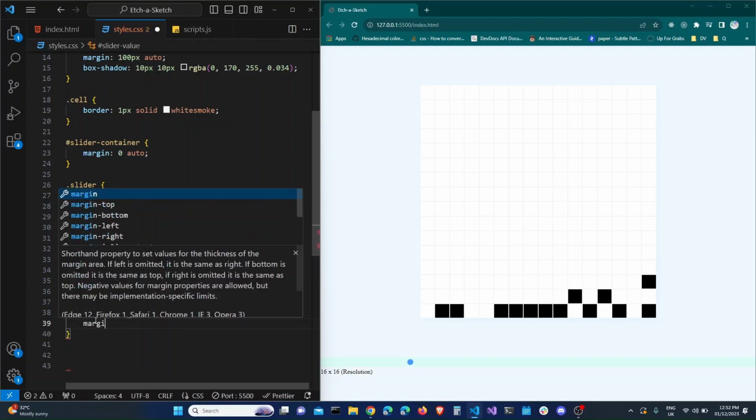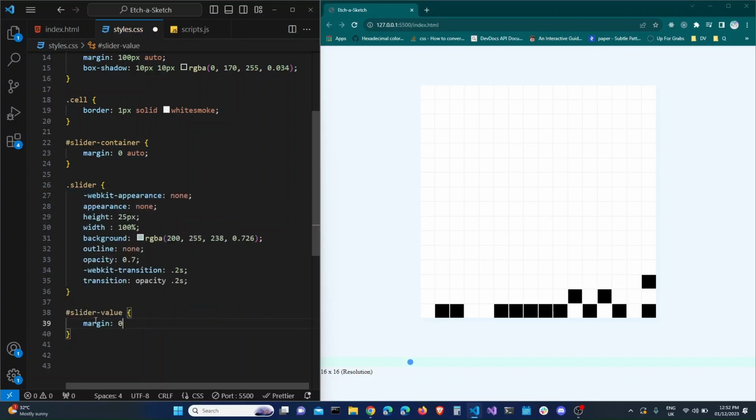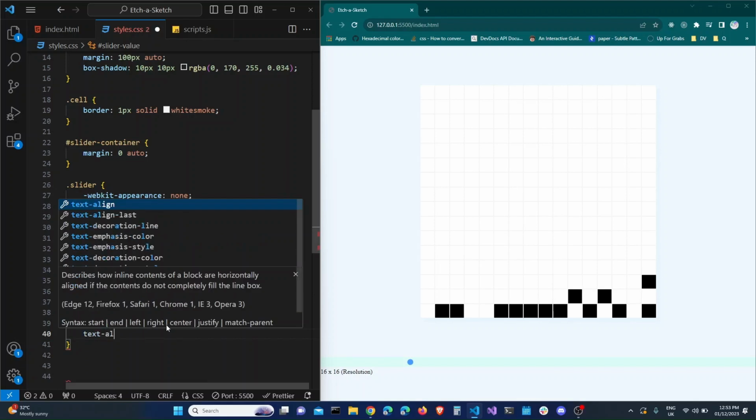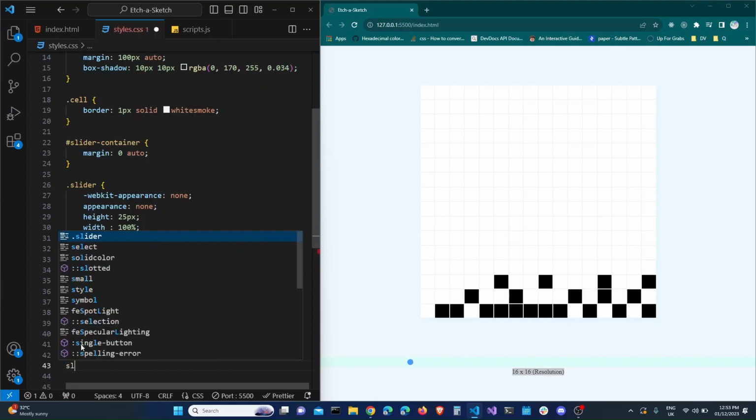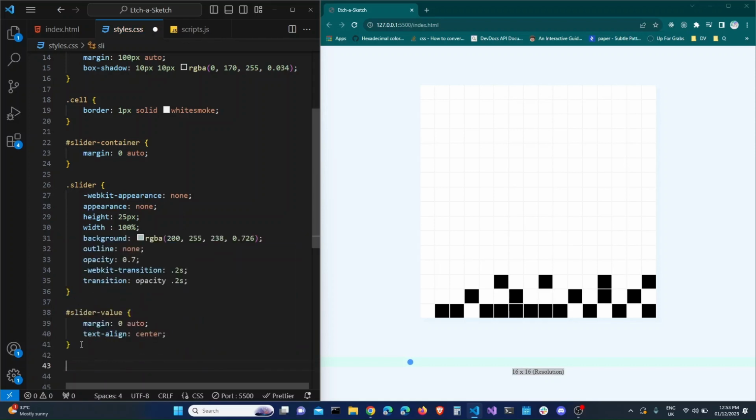So we go margin will be equal to 0 and auto. This will center. Control save. Then we'll say text-align center. Okay, so we move on from the slider value. We go to slider. It's also an ID. Slider